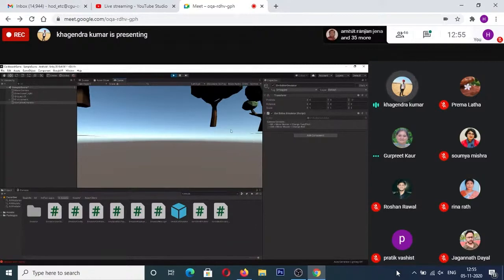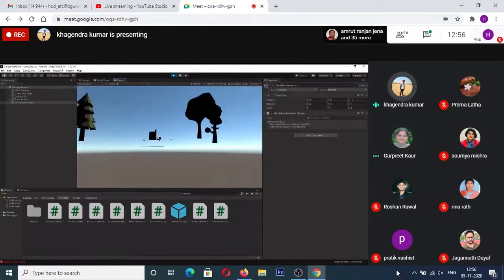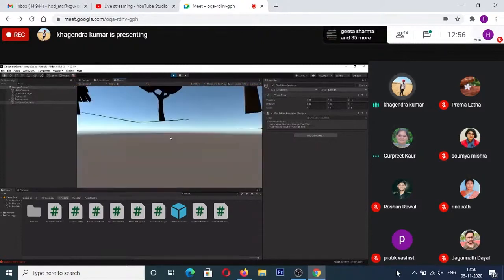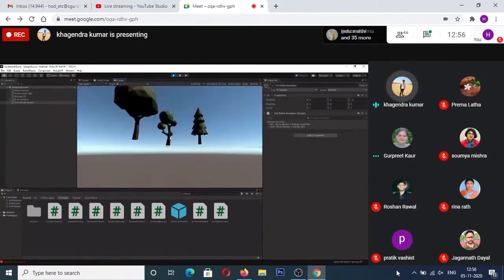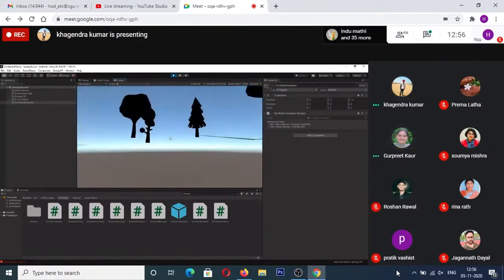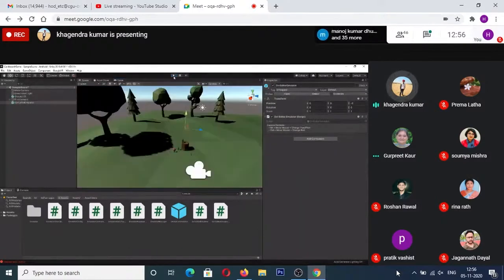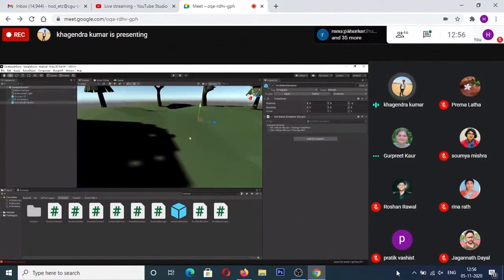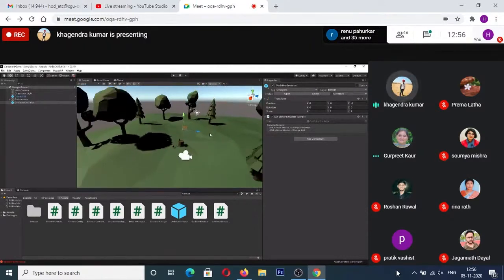Now, if you look into this right now, I'm not able to see the ground. If I press Alt, I can rotate and view according to the virtual reality movement that will happen. So right now my camera is somewhere wrong, I guess. What is happening is the camera is actually going back onto this position. That is why it is not able to see this. In order to fix this, we'll have to create a camera rig.